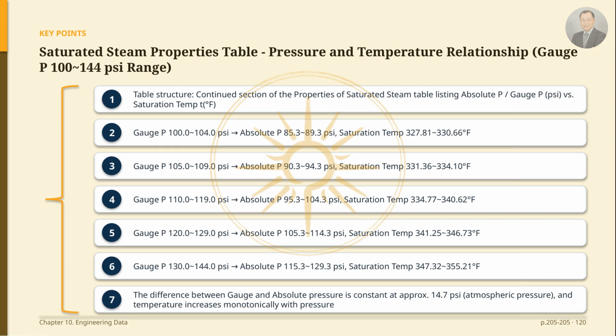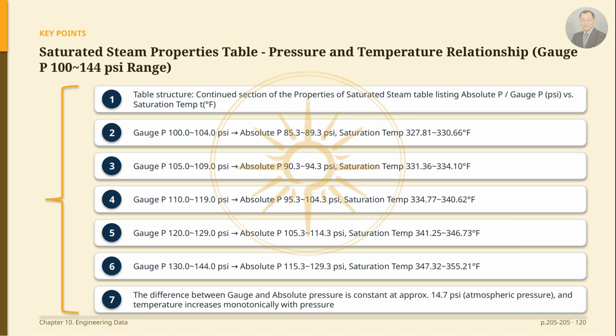and the temperature is 331.36 degrees Fahrenheit to 334.10 degrees Fahrenheit. This is followed by the 110 to 119 psi range, where absolute pressure is 95.3 to 104.3 psi, and temperature is 334.77 degrees Fahrenheit to 340.62 degrees Fahrenheit. The 120 to 129 psi range has an absolute pressure of 105.3 to 114.3 psi and a